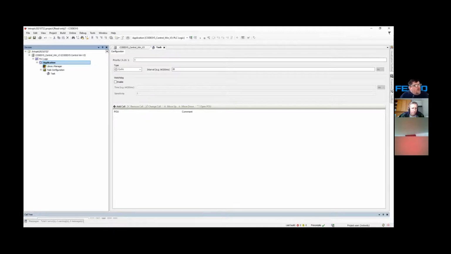We're going to do a program, not a function block. Later on, if you're attending one of our advanced courses, I will explain to you the difference between a function block and a function and a program. I'm going to utilize now only a program. I'm adding it. Right, the moment when I do this, this is where I've got my option now